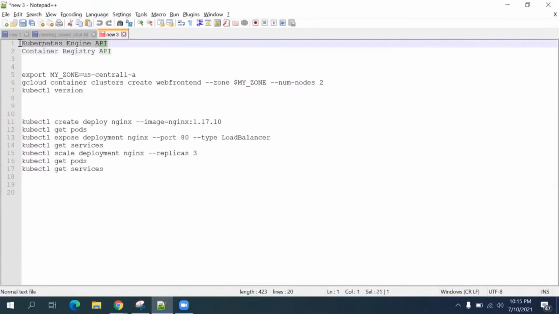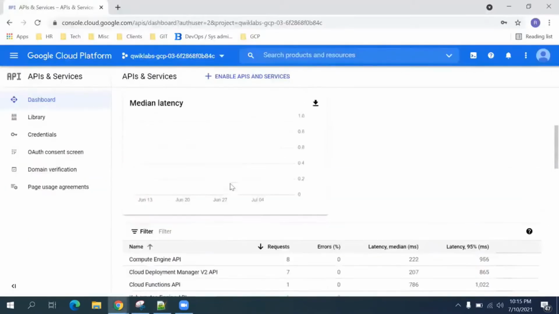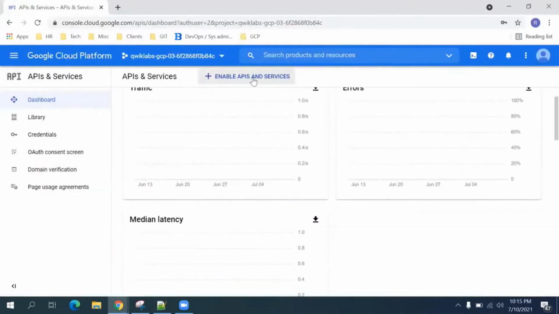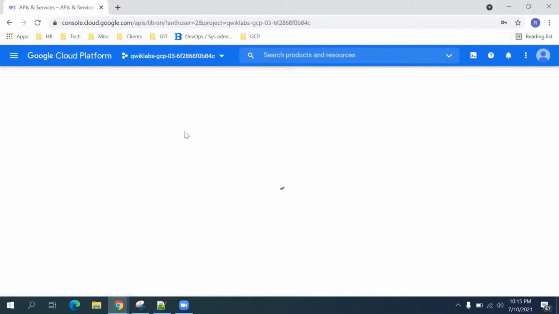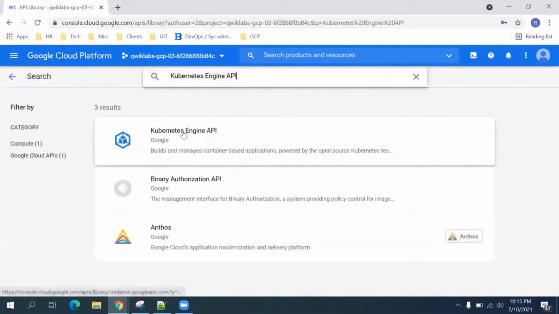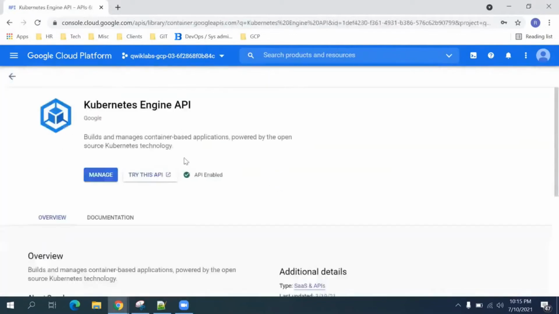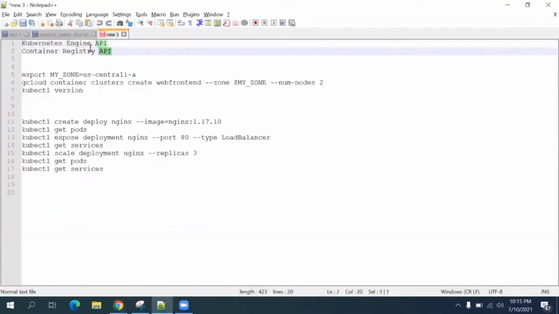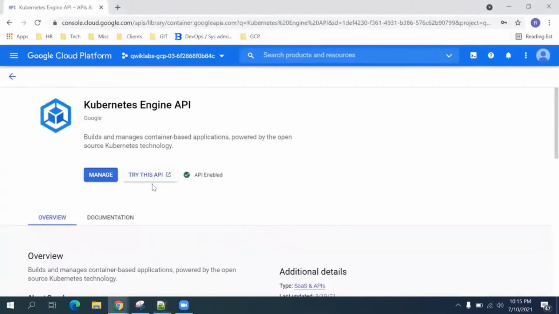For me, it is already enabled. If it is not enabled for you, just go to enable APIs and services, search for it. You will get an option here to do the same. Enable these two APIs, Kubernetes Engine API and Container Registry API. So this is our task one.